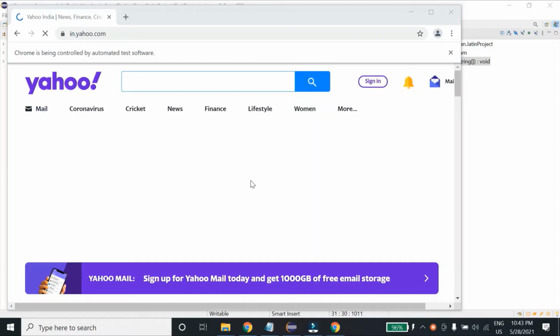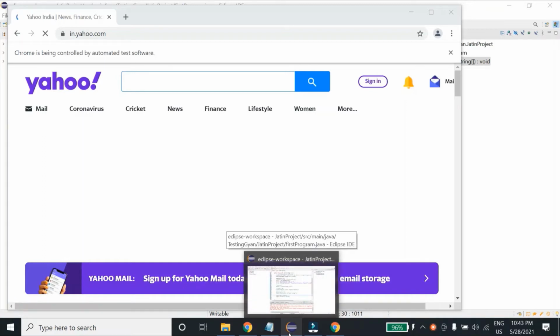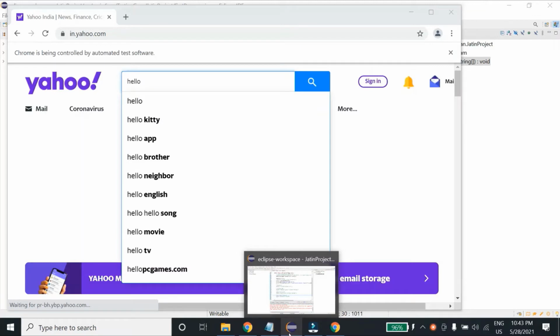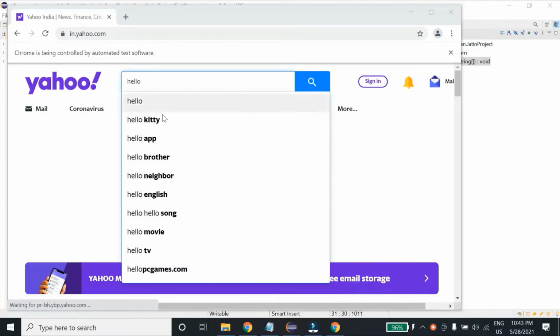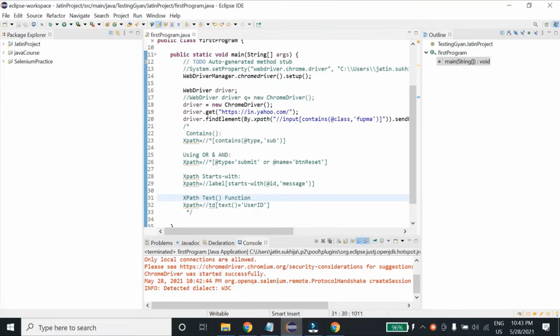Either my internet speed is slow or this Yahoo website takes forever to launch. As you can see, it has written hello over here, stating our XPath is correct.